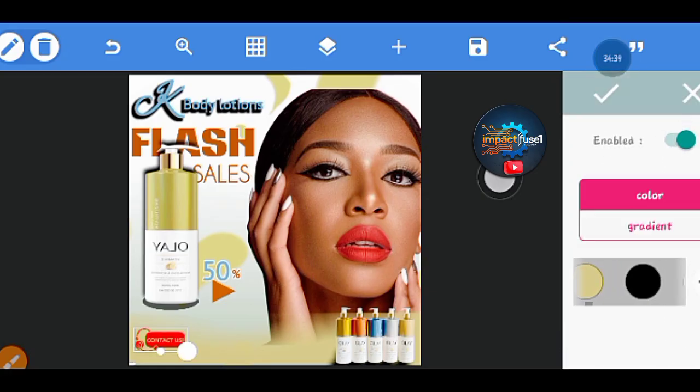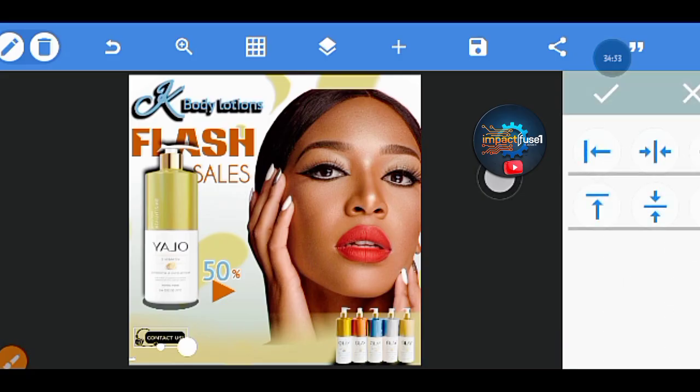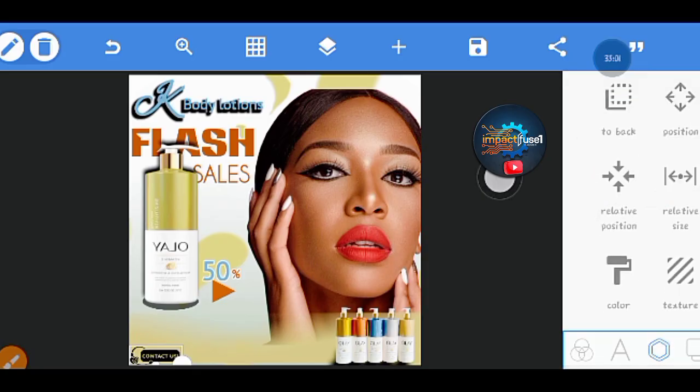White will be the best. Okay, now let's use the black. I think this black is going to be the best. Thank you, I just got it. Alright, so you have this black, call us, contact us. So we'll take it down to make sure that it really stands right down and it should really flush at the corner. Okay, so at this point now we can bring the phone number, which we'll just take,